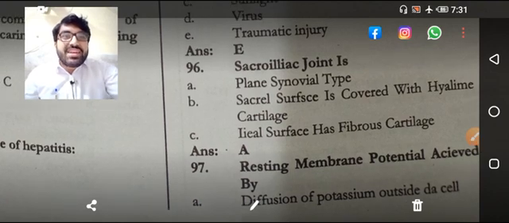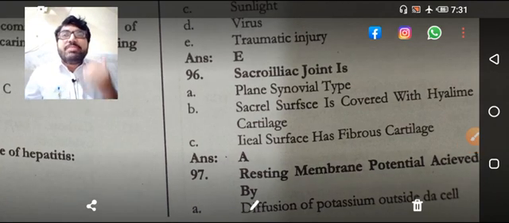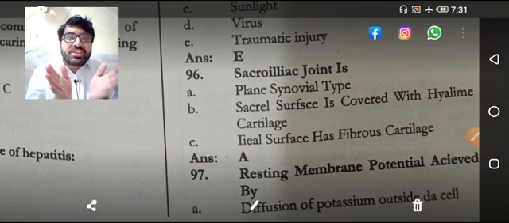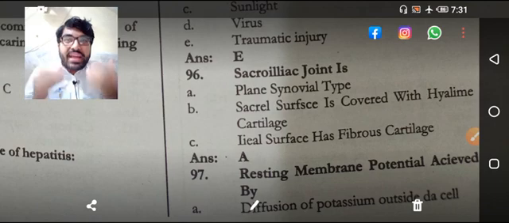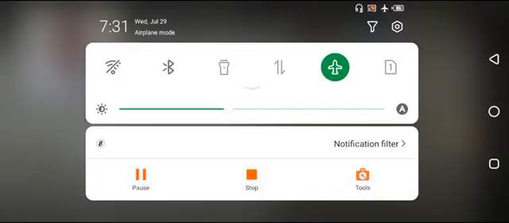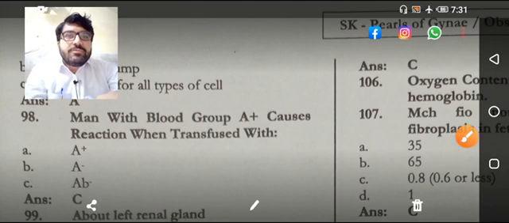Resting membrane potential is achieved by potassium efflux, the opening of potassium channels and the movement of potassium from inside the cell to the outside, while resting membrane potential is maintained by sodium potassium ATPase. Straightforward. Coming toward this MCQ, that is